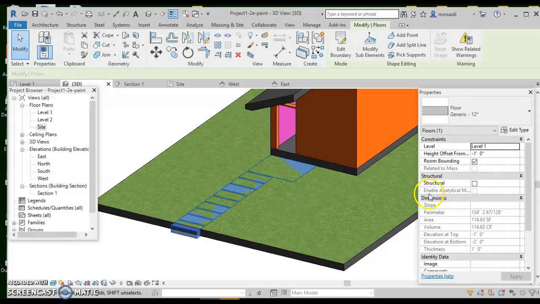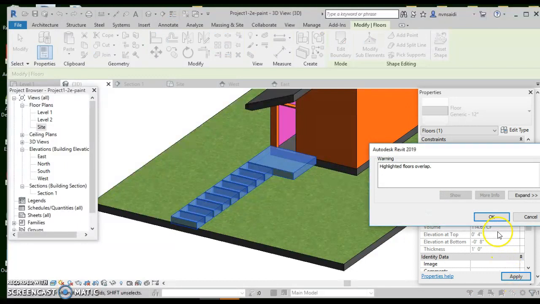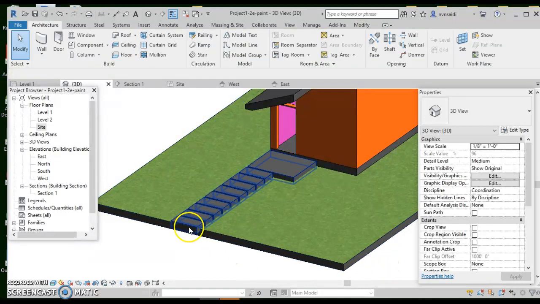I want to raise it up. I want to go to negative maybe 8 inches or negative 4 inches. See what happens. I want to raise it. Okay, too high. Negative 4. Negative 4. Apply. And it says it's overlapping. I'm okay with it overlapping. And here it is. So it's overlapping. It's into this space. I'm okay with that. I can go back